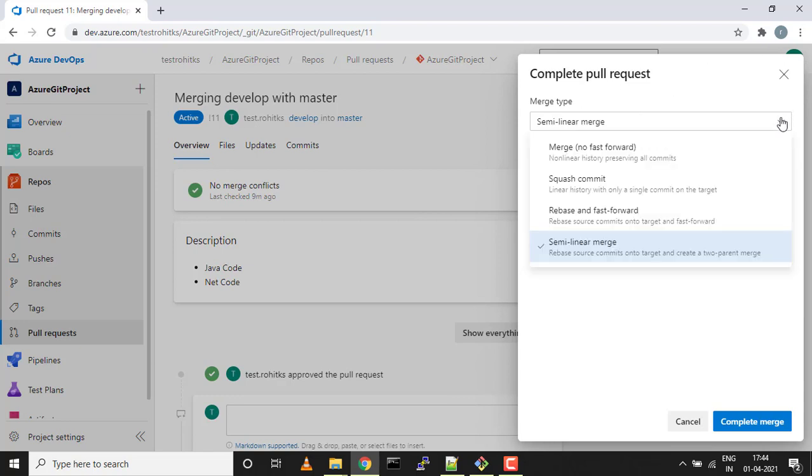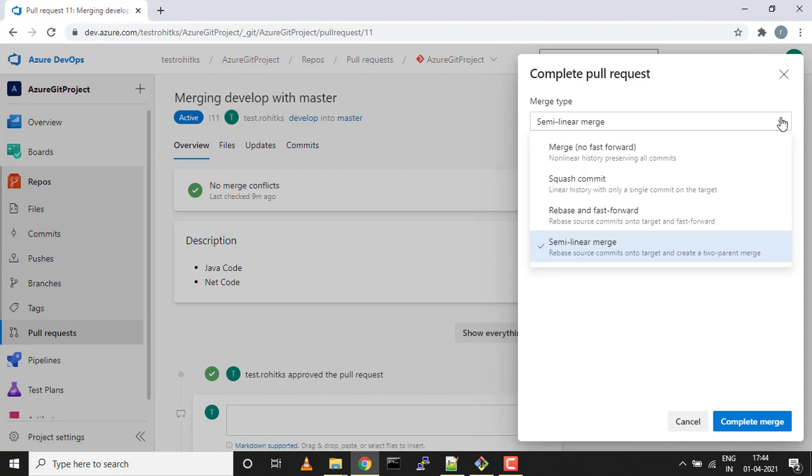It rebases the source commit onto the target and creates a two-parent merge. This strategy is more like, if you want to backtrack everything, individual commits are retained, you can see how the work has evolved. So this is again a very good merging strategy in Azure DevOps.